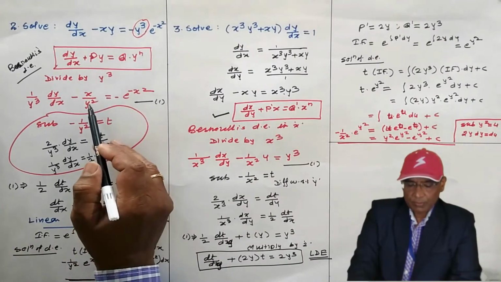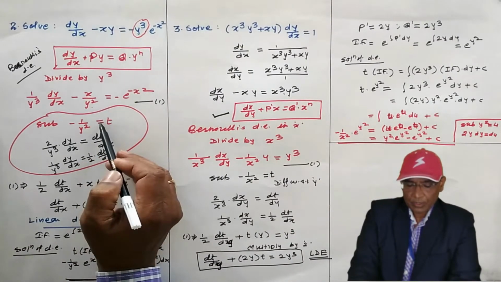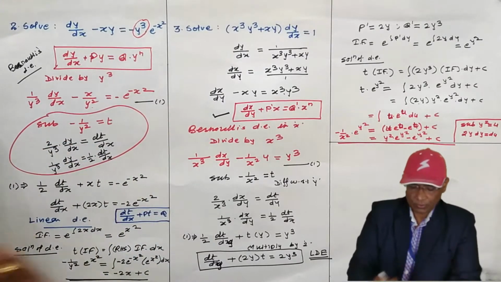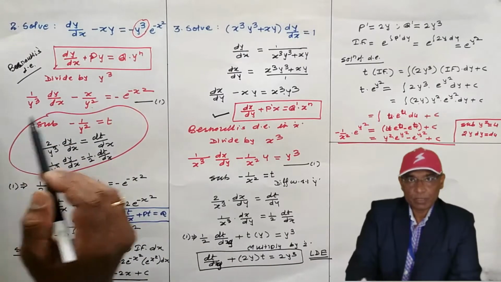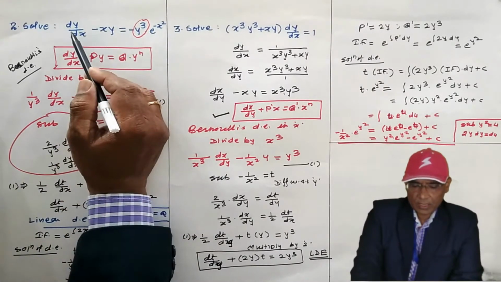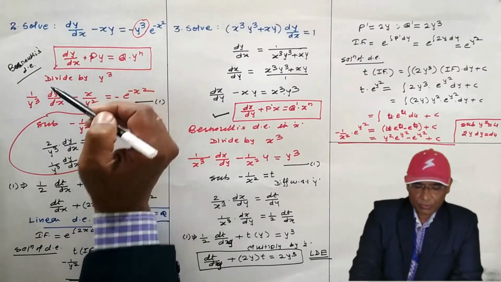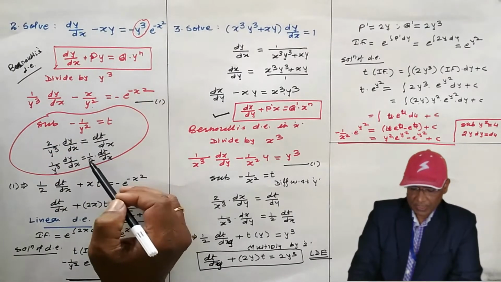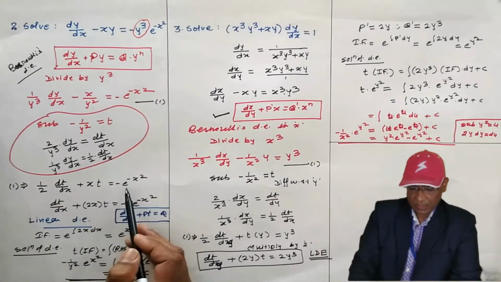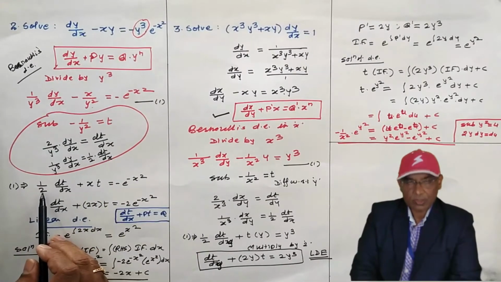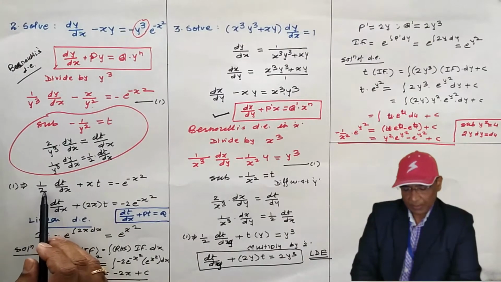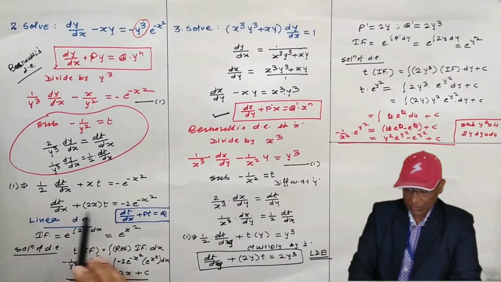So when you substitute the middle y component equal to t, then its derivative gets repeated here. And that is what we have seen in type 2 also, type 2 reducible to linear differential equation. Then 1 by y cube dy by dx is replaced by dt by dx, and minus 1 by y square is t. This is as it is. Now for the first term of the derivative, we don't want any coefficient here, so multiply by 2 in this way.